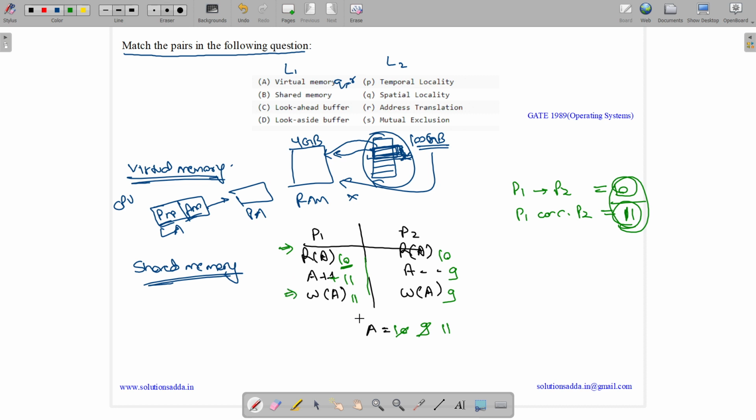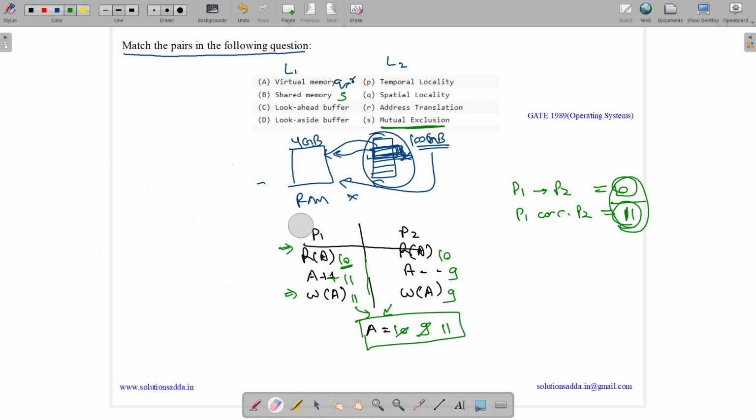But the main thing is, whenever we have a variable in a shared memory, we need mutual exclusion, which means only one process should be able to access that location at a particular point of time. Thus, shared memory can be easily mapped to mutual exclusion, because mutual exclusion is used to prevent the race condition when we are accessing the shared memory. Now let us see the other two concepts.